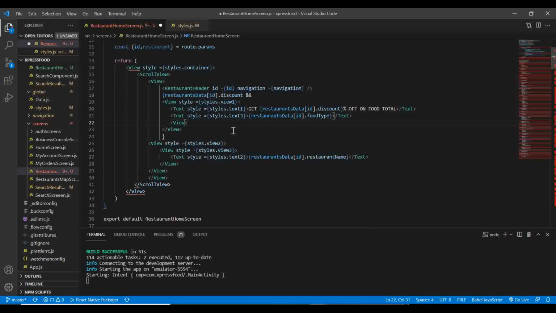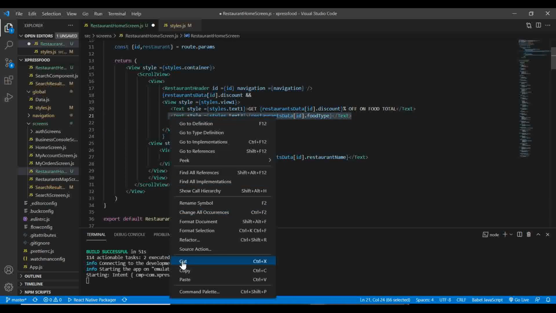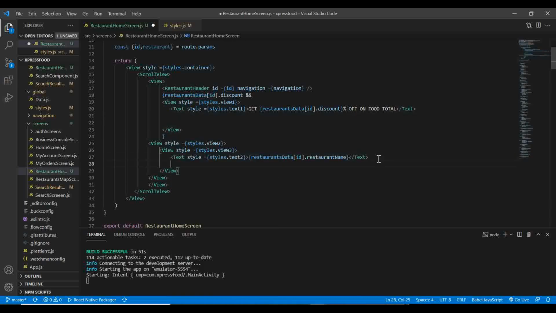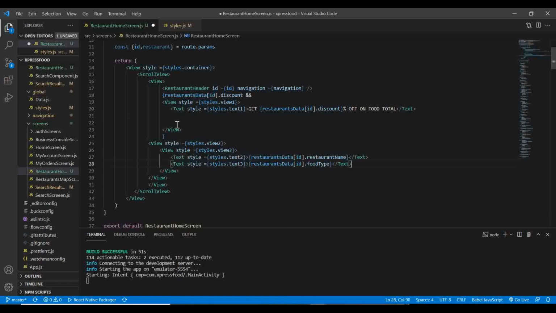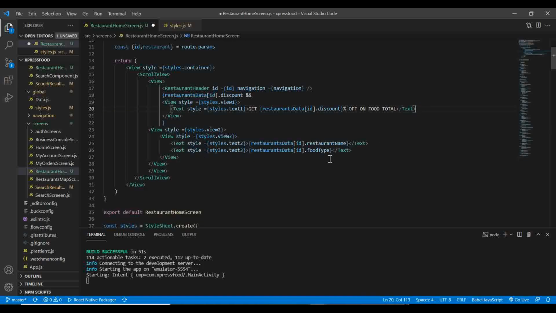Okay, actually I've put this in the wrong place, sorry guys. This text component is supposed to be just below this one, sorry for that. So this is supposed to be just that, and this one's supposed to be here, and then